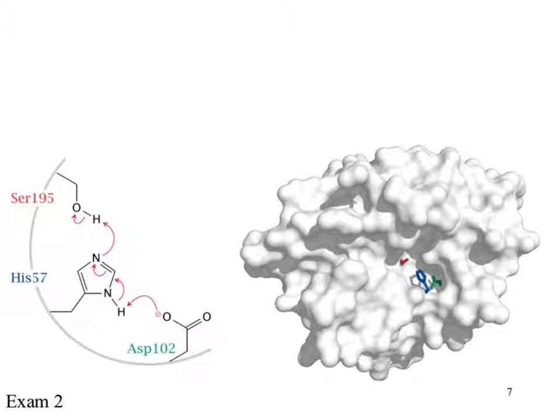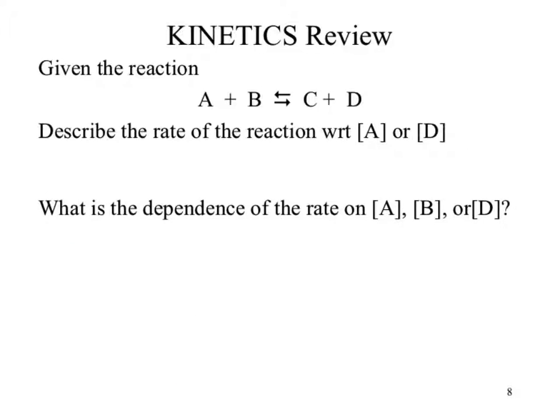We got serine with a nice hydrogen bonding ability. We've got histidine, with that nucleophilic or negative nitrogen. We have aspartate, our acidic or potentially basic hydrogen. So by shuffling the hydrogen around from different locations, we can change the functionality within the active site and help catalyze the breakage of that bond. Kind of neat. Okay. The next part of this, which I won't start talking about, I'm actually done, is looking